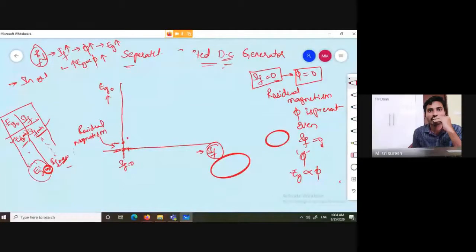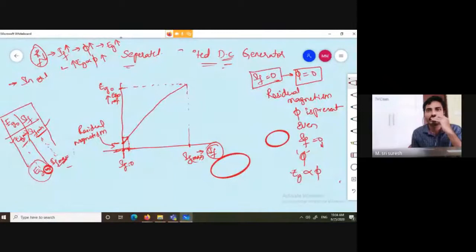We are having EG as a minimum. So both are intersecting at this particular point. From this point, we get a curve like this. Next, by increasing the current, we take the maximum points. This is the IF maximum, and this is the EG0 maximum. So we intersect the two points, and we connect these two points like this. This is the open circuit characteristic.